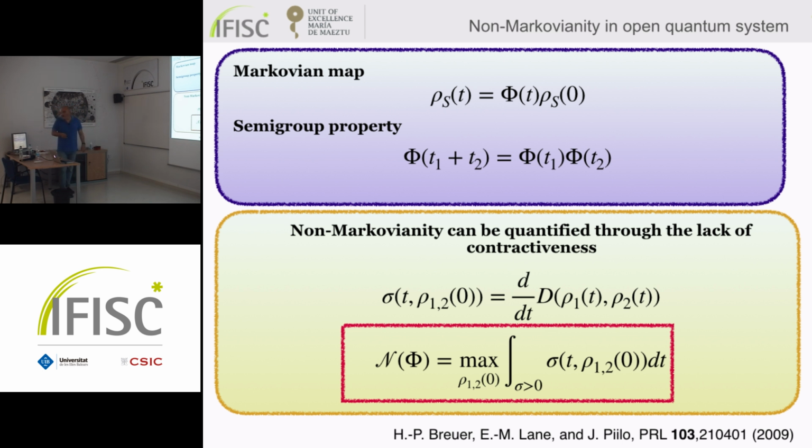So sorry, the maximization is over the initial conditions? Over all the possible pairs of initial conditions. Actually, in the case we have studied, we are lucky because we don't need to do this optimization, which is in general a big problem. If the evolution of rho is not so strange, you find a way to optimize it.